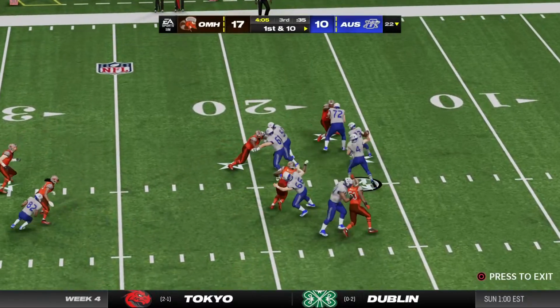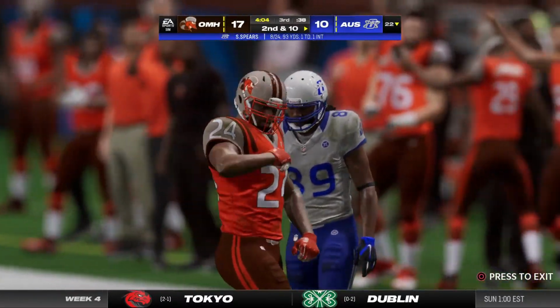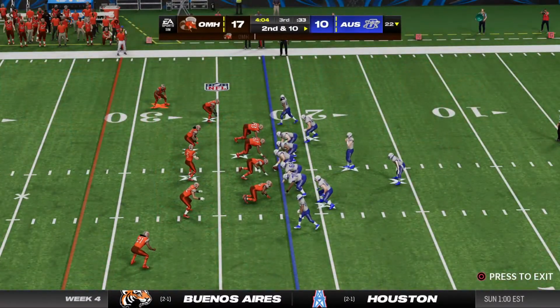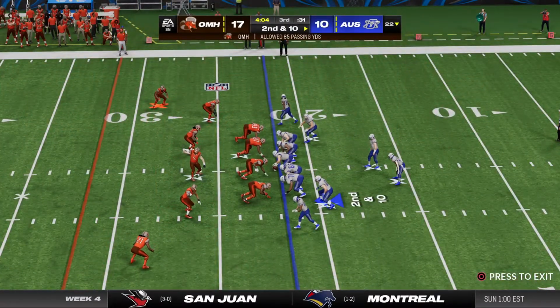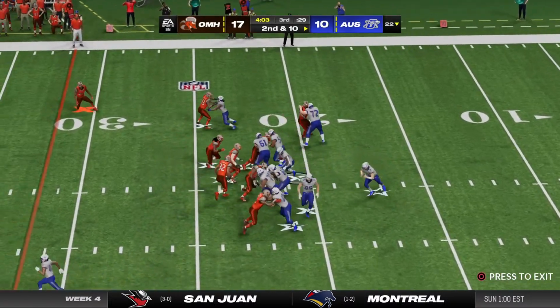Throwing to start the drive. Spears. And he fires one incomplete. You know they wanted, you know they expected, they needed him to be sharp coming out after the half. Unfortunately, he's missed his first 3 throws. I wonder if he got out late and missed his warm-up time. The whole team did come out a little...